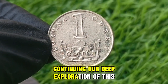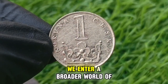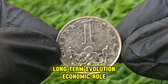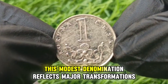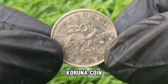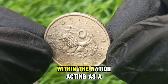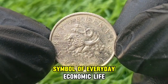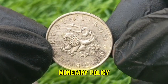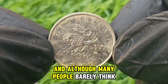Continuing our deep exploration of this small yet historically rich Czech Republic 1 Koruna coin, we enter a broader world of its cultural significance, long-term evolution, economic role, and the surprising ways this modest denomination reflects major transformations in the Czech state. Starting with the reality that the 1 Koruna coin serves as one of the most widely handled and circulated coins within the nation, acting as a symbol of everyday economic life, representing both the consistency of Czech monetary policy and the durability of its minting practices over several decades, and although many people barely think about such a